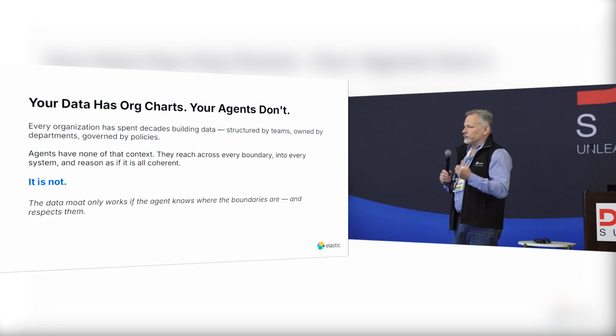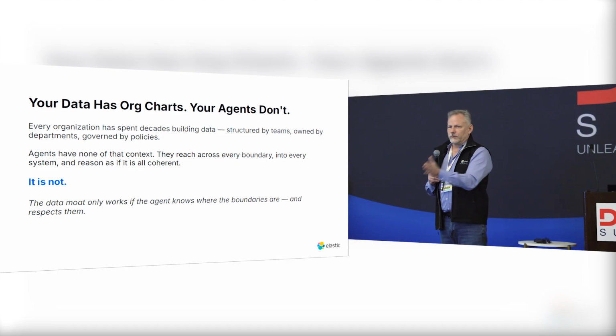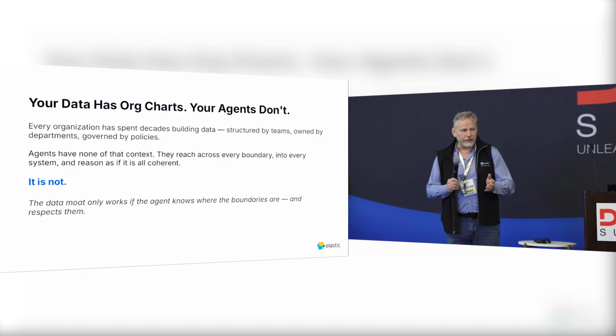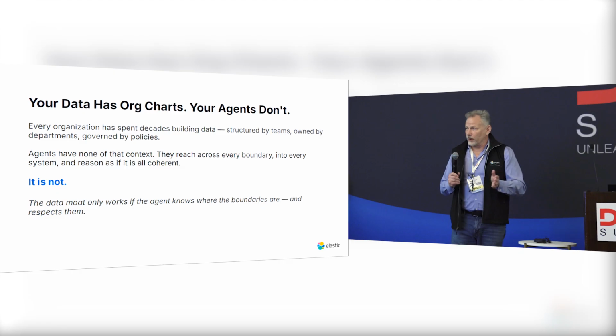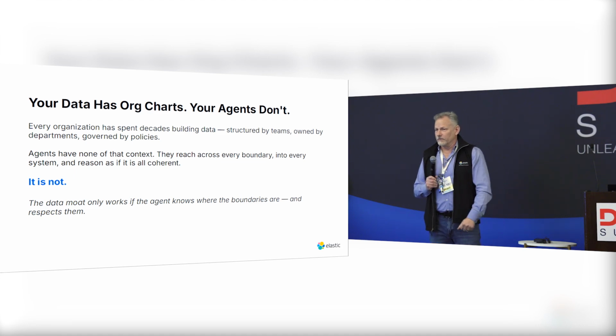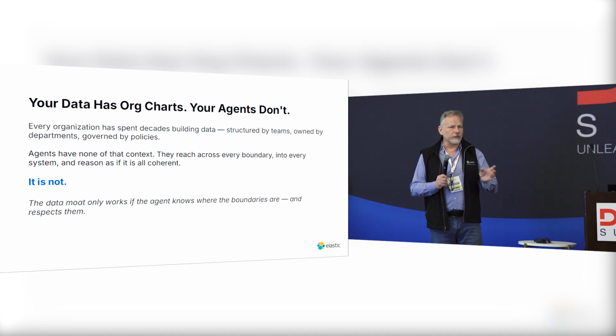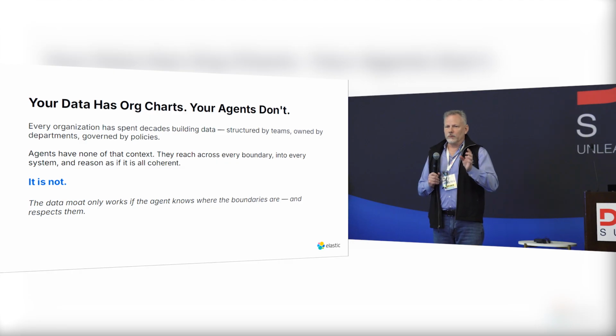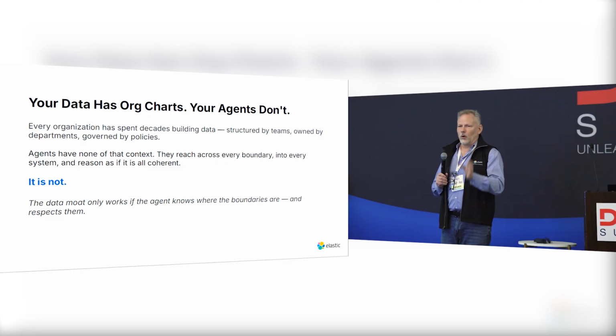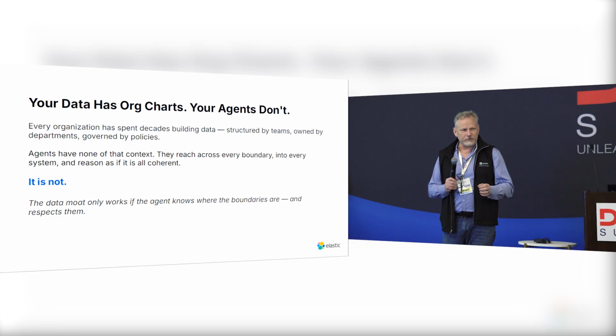But you want to be able to have things that are going to go after the data you want. But when you build an agent, sometimes you kind of open the floodgates before you know how to close them. Agents don't care where the data lives. It's going to try to find the data wherever it can get it. It's not going to respect your organizational boundaries when you want it to, and it will overly respect them when you don't expect it to.